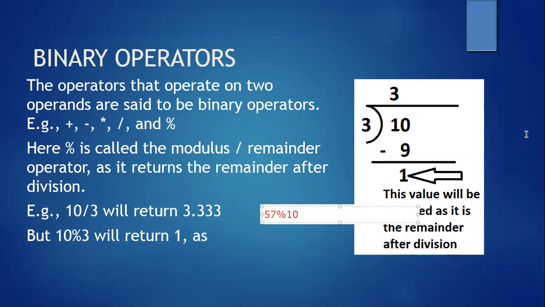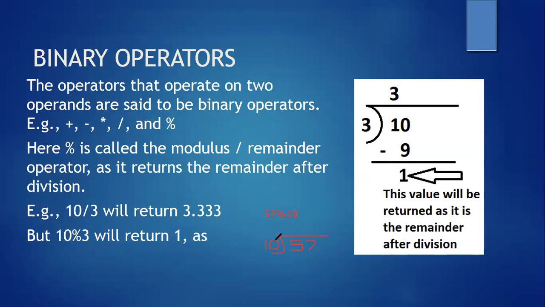That's correct, Mrugal. Krishna, what's the answer? And what about others? Okay, chalo. Let me show you what will be the answer if it is 57 modulo 10. I will use a pencil now. So what will be the answer? It will be 57 modulo 10. So what we will get?